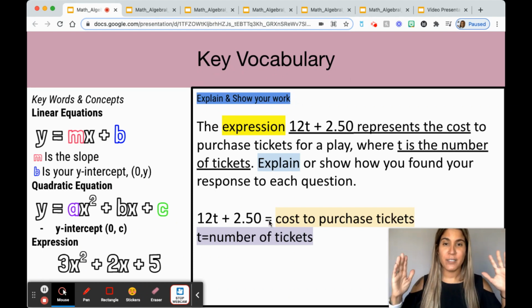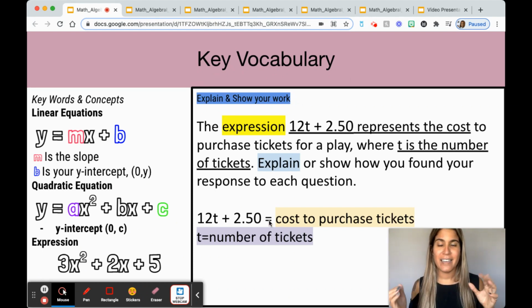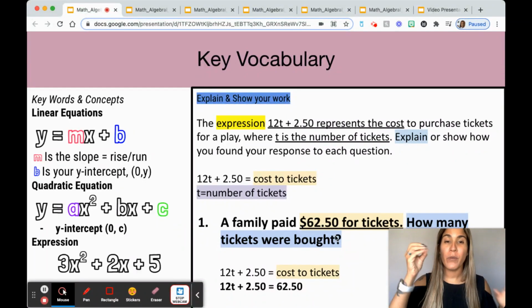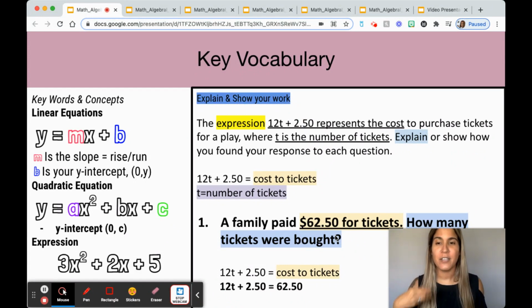So I have placed their launch in a way that they can actually see how it is annotated, how it is highlighted, what are key things that I should be keeping in mind. And then as they go, they can see the first question. A family paid $62.50 for tickets. So that is highlighted in the same color as the cost of the tickets because that is the cost. So students are able to start making that connection and knowing where to place certain things